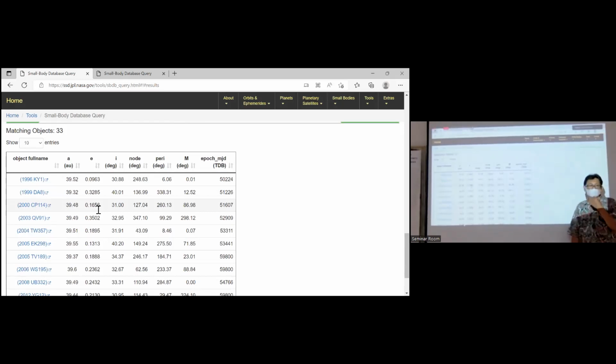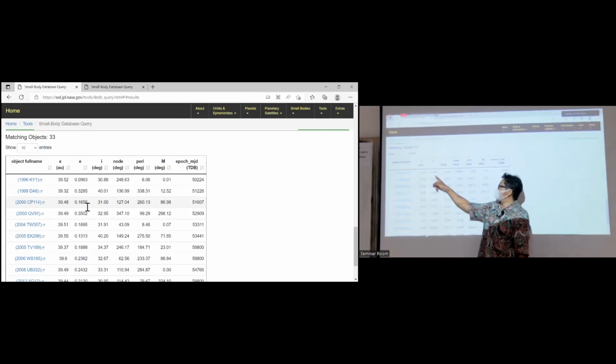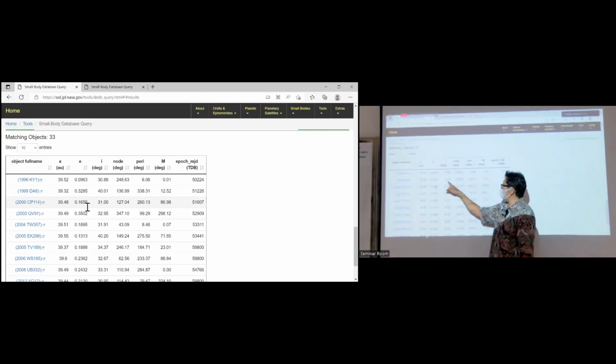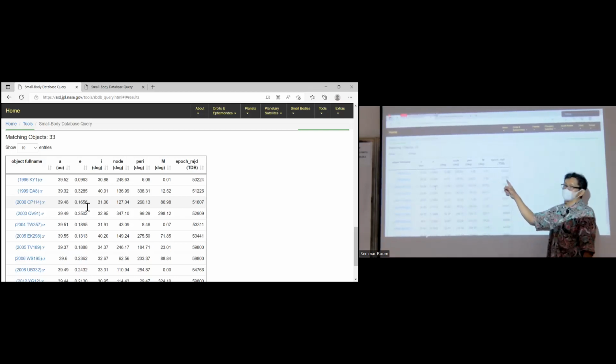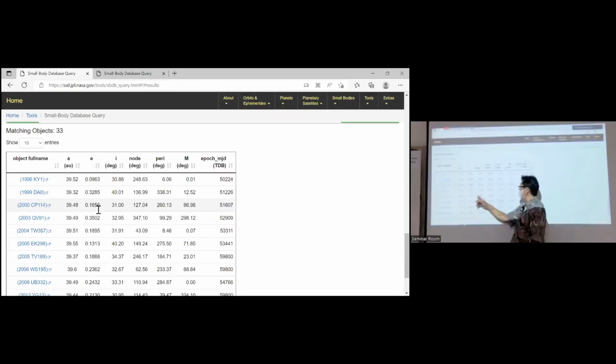You face a trouble here. These elements can only be used for this epoch. This element can only be used for this epoch. So you have trouble when you run all together, but you have different epochs, different configuration.